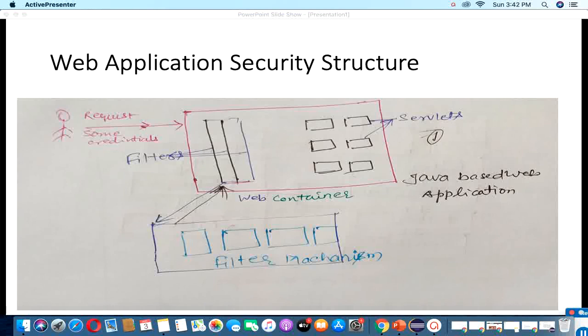In the next picture I will show how it works. Here it will check all the credentials in the security mechanism. If everything goes fine, then it will allow the user to access the requested servlet. Otherwise it will show the exception. So this structure shows how a request comes in, how the security filter is introduced, and where it is introduced. A security filter is basically introduced between the request and the servlet containers.